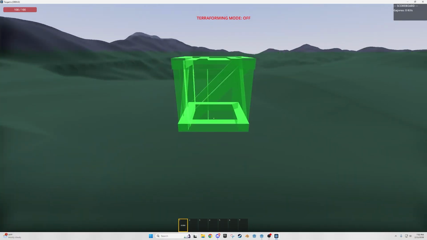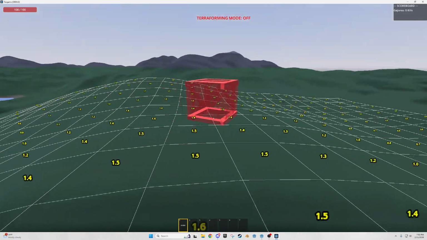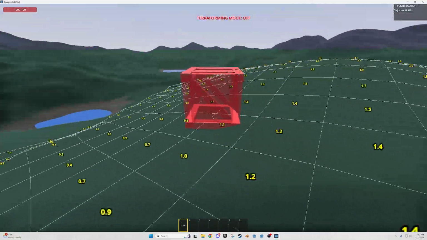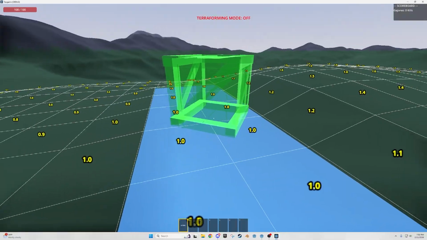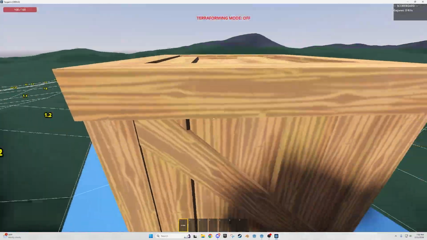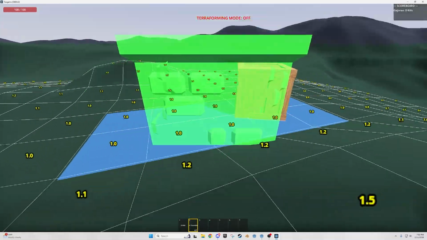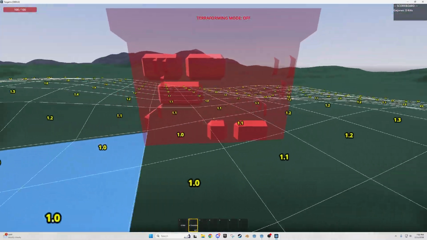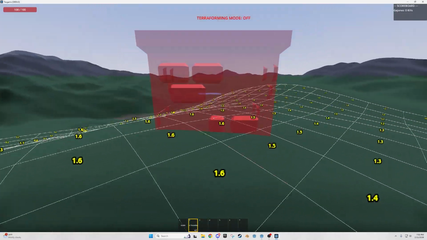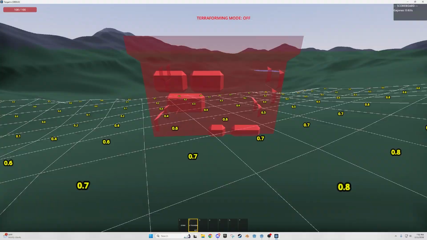I've got some items here. Just like in traditional games, it's red, so I can't place it. It can only be placed on player-flattened ground. So we'll go ahead and place that guy. I am also working on a snapping system for building bases and things like that. It's not done yet. But that's the roadmap, right? The building system. There's obviously going to be combat, things like that.